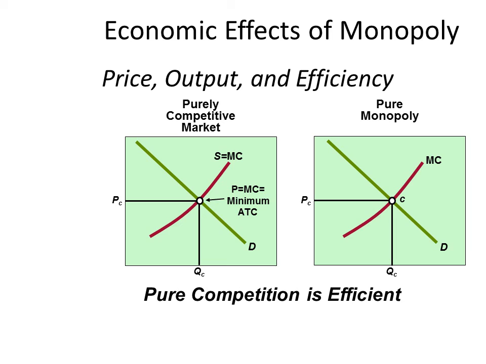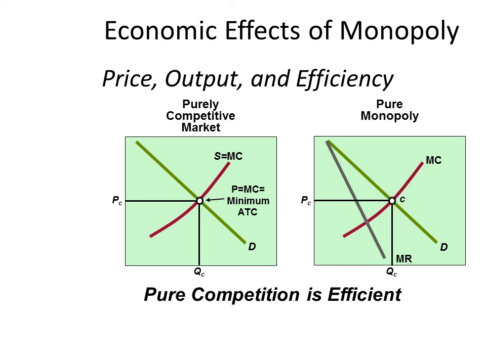Likewise, this industry will achieve productive efficiency. Price equals minimum average total cost. How is this possible? Because each firm is forced to adopt the least cost method of production because they are price takers. Therefore, they will constantly seek out the most efficient means to produce goods or services. Price equals marginal cost, allocative efficiency. Price equals minimum average total cost, productive efficiency.